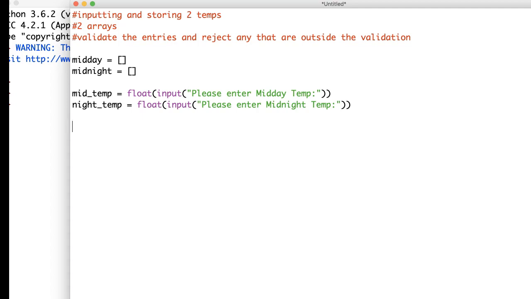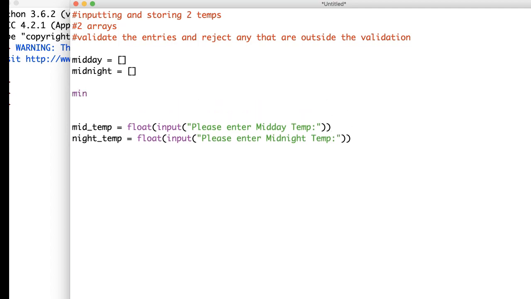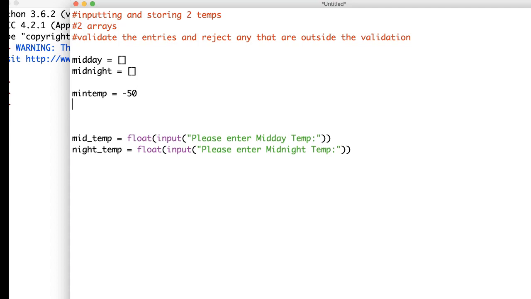Now, obviously what you pick will be up to you, but I'm going to pick a min and a max temperature. So the minimum temperature, I'm going to create this as a variable. The minimum temperature, I reckon, minus 50. I don't think you're going to be able to get anything colder than minus 50 maybe. We could always change it later on. And the maximum temperature,